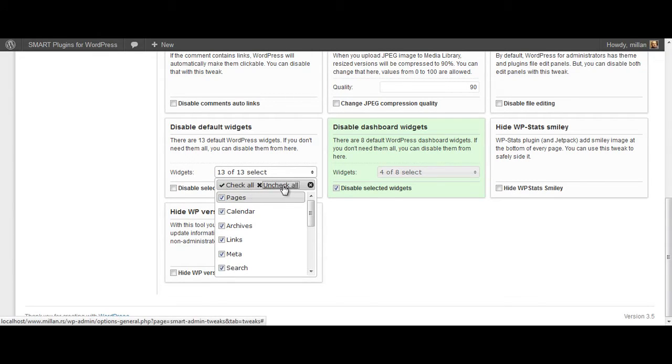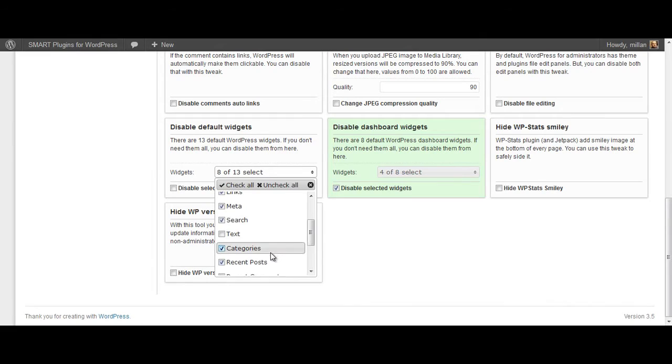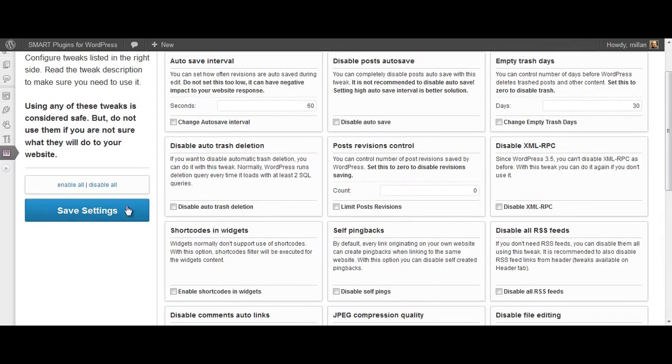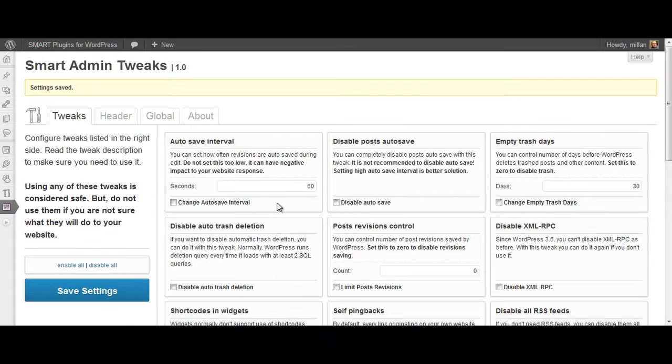You can select which widgets you want to disable here. We'll leave only tweaks and let's say tag cloud. All other widgets will be disabled. Activate the tweak here, save, and if you go to WordPress dashboard,